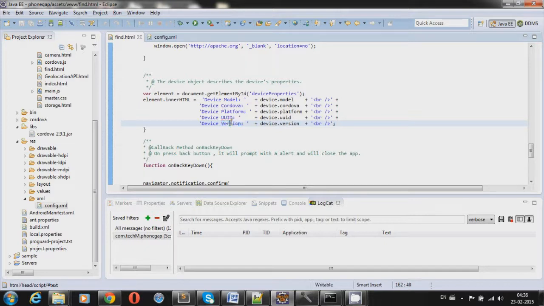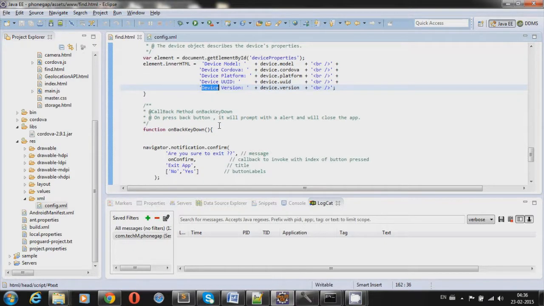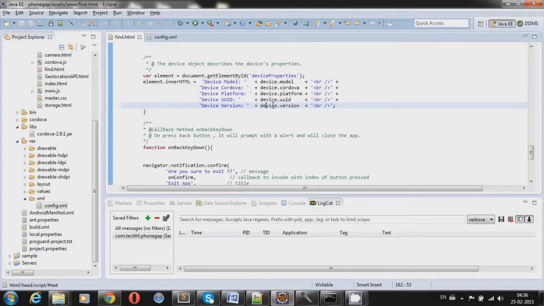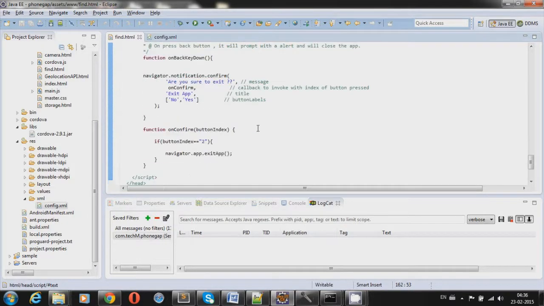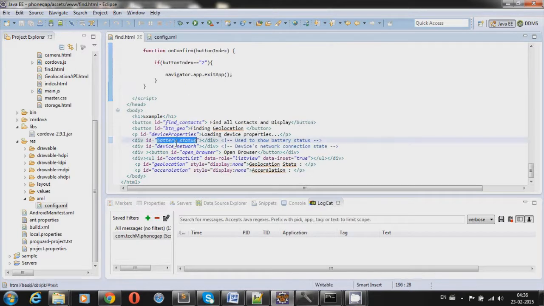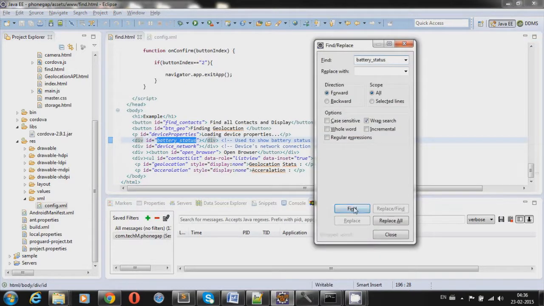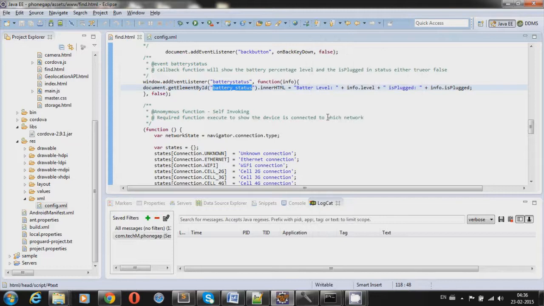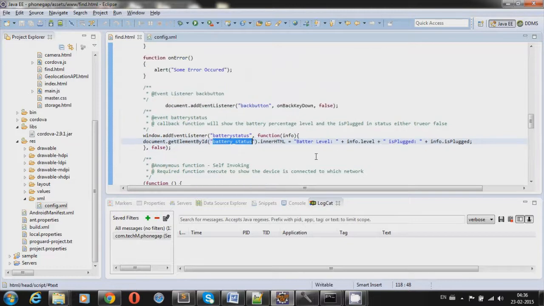The platform will show whether it's Android or iOS, or whichever platform it's running. It will show the UUID of the device, a unique identifier, and the version of Android, whether it is running KitKat, Honeycomb, or Lollipop.